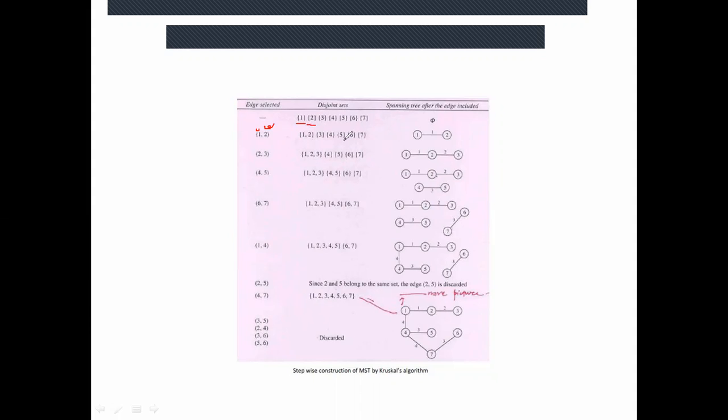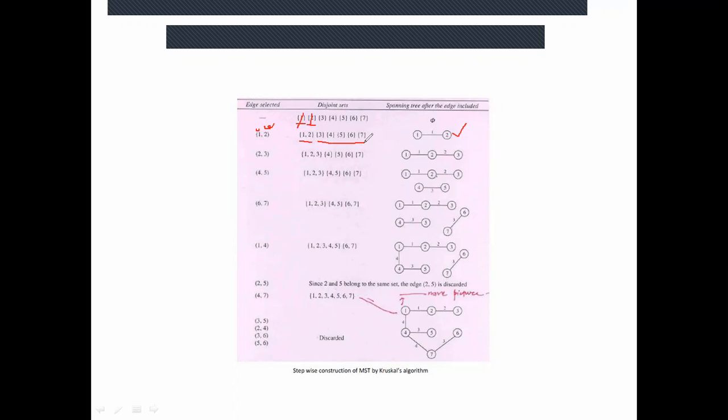If different, that means... Yes, they are different. So can I add an edge 1 to 2 in the spanning tree? Yes, so I can add an edge to my spanning tree. But once you have added an edge, what was the next step, Neha? What do you have to do? Union, make a union of both the sets into one. Means you have to take the union of this and this. So I'm taking the union of these two. So you will have 1, 2 in one set and all other sets you can write down like this.